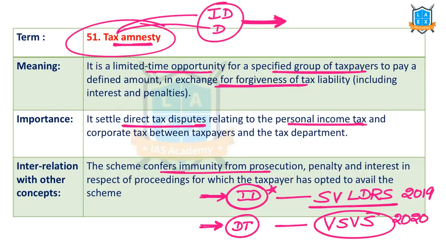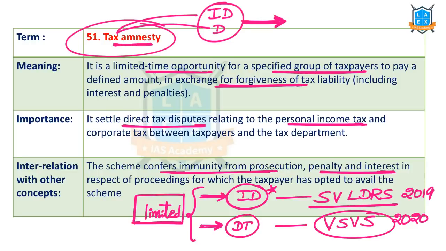This confers immunity from prosecution, but these are for limited time only. For example, if they say we didn't disclose this income, we are now paying the taxes, so they are not going to be arrested. They are going to be given amnesty from penalty and interest. These won't be there if they pay the tax now in the specified period of time, but this is a